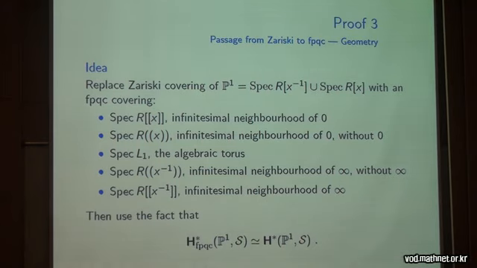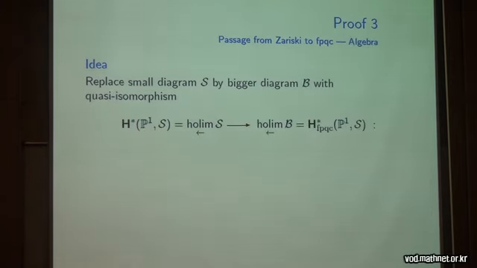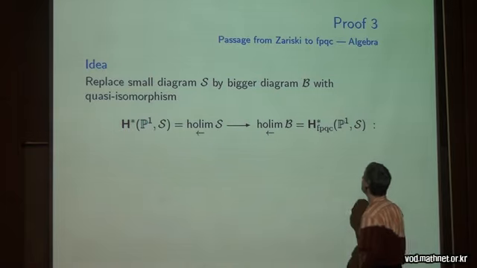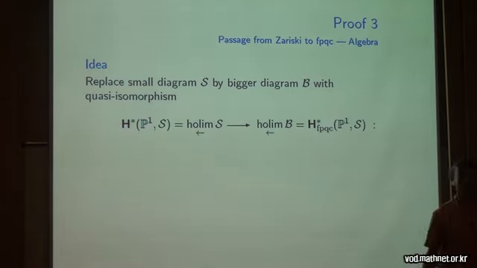Right, here's where my algebraic geometry is really fuzzy. For me, this is just a statement: write down 2 different chain complexes, which are totalizations of Čech type complexes, and show that they have homotopy equivalent totalizations, which is not particularly difficult in this case. If you do that slightly more combinatorially on the algebraic side, that means that you replace this diagram S, which had 3 entries, by a bigger diagram B, such that the homotopy limit of S and the homotopy limit of B, which is like hypercohomology in the FPQC topology, are the same up to homotopy.